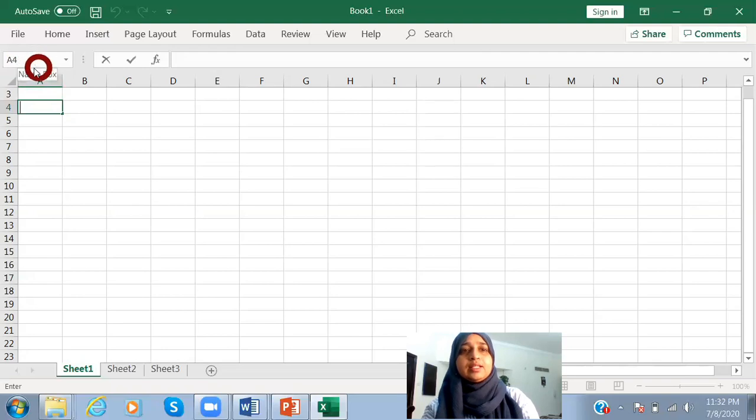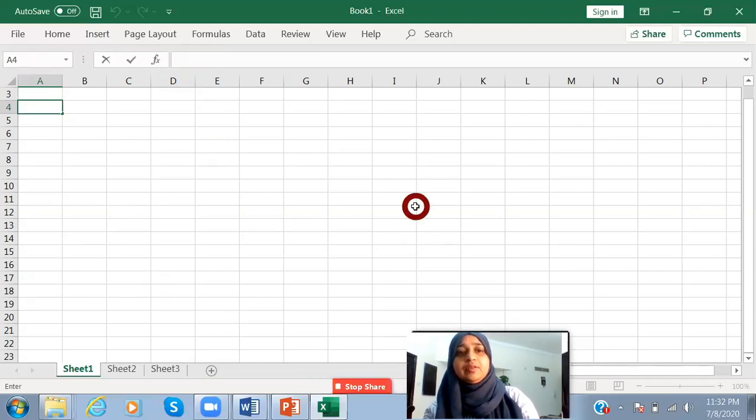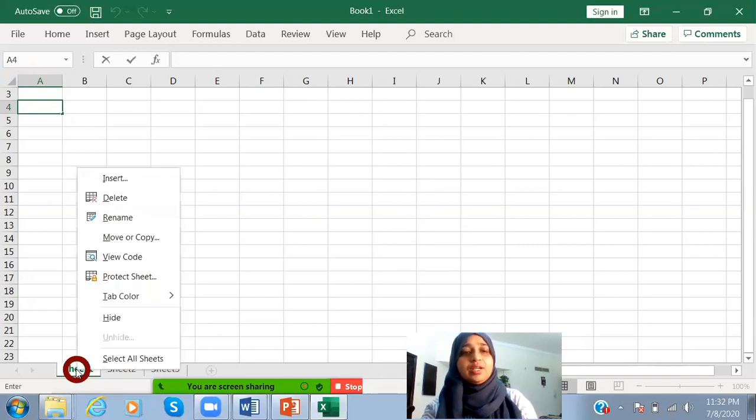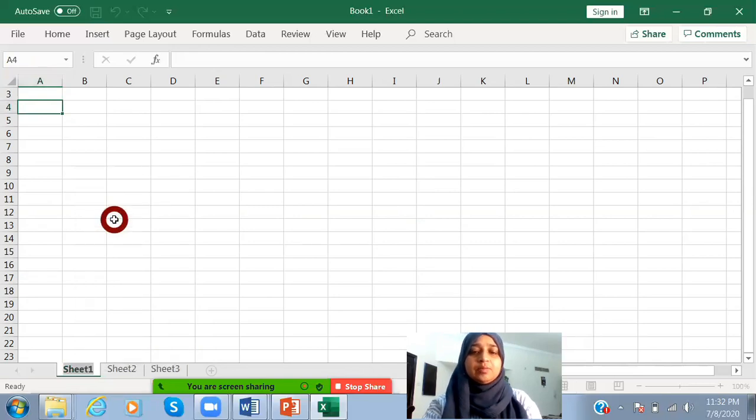And here we can see the cell address. That means this box we call the name box. And this is the formula bar. Here we can see the formula which you enter in the spreadsheet, right? And this whole thing we call a spreadsheet, right? So there are multiple sheets available. If you want to rename these sheets, what you can do is just right click and rename the sheet. See, I'm just renaming it.